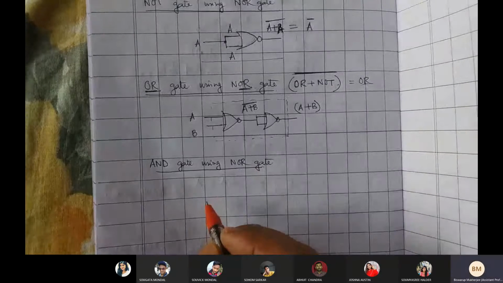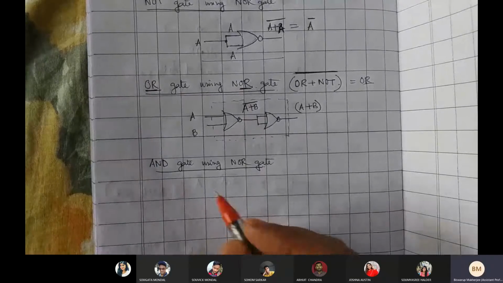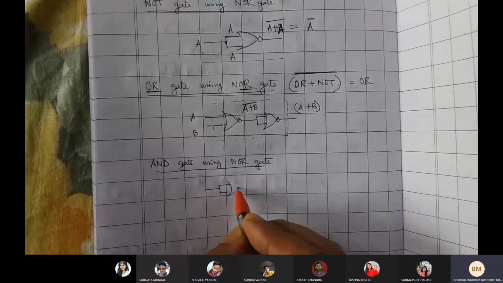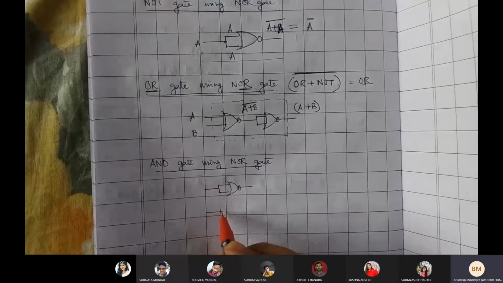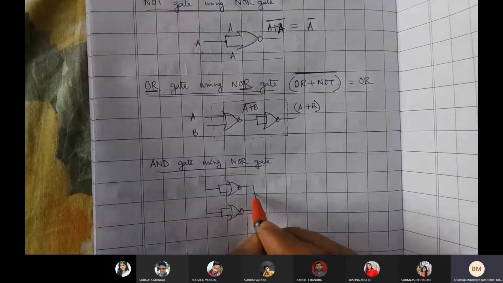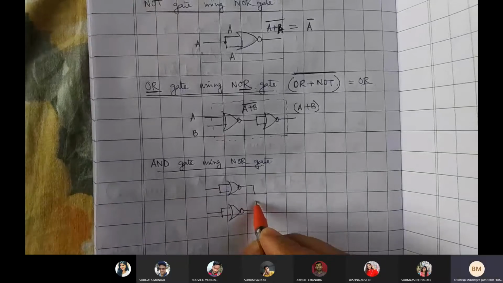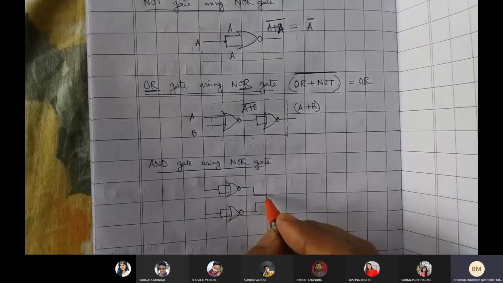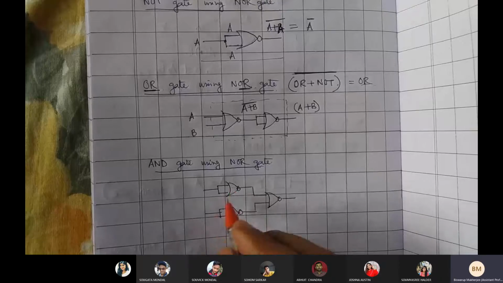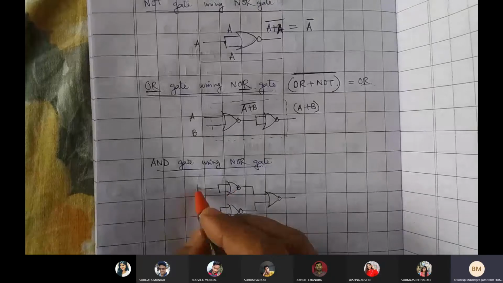Okay. So AND gate using NOR. Again, the same job I have to do. I have to make it like this. The schematic that I have drawn for NAND-based OR, exactly the same schematic I'll draw right over here. Just changing the NANDs into NORs, it will become